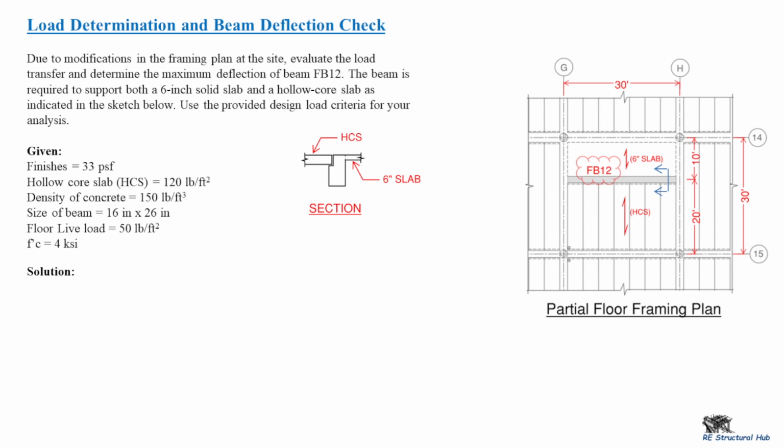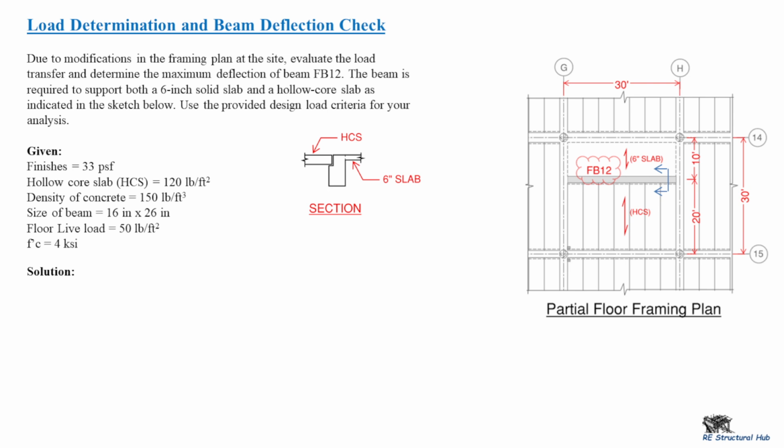Here in the design load criteria, we are given the finishes at 33 PSF. The hollow core slab is a precast slab, 120 pounds per square foot, and the density of concrete is given as 150 pounds per cubic foot. The size of the beam is 16 by 26, and the floor live load is 50 pounds per square foot. The strength of concrete is 4